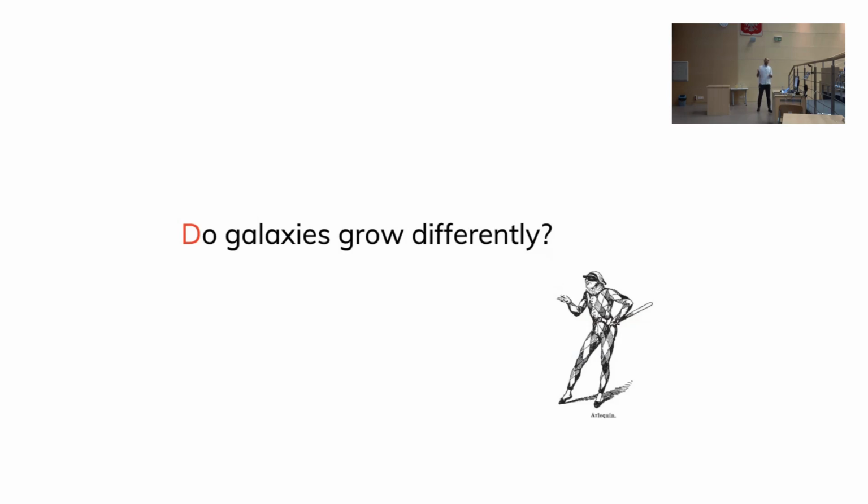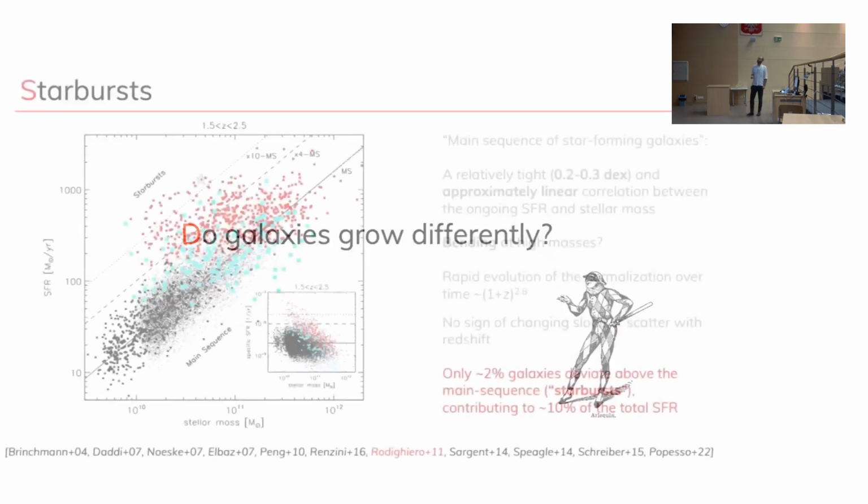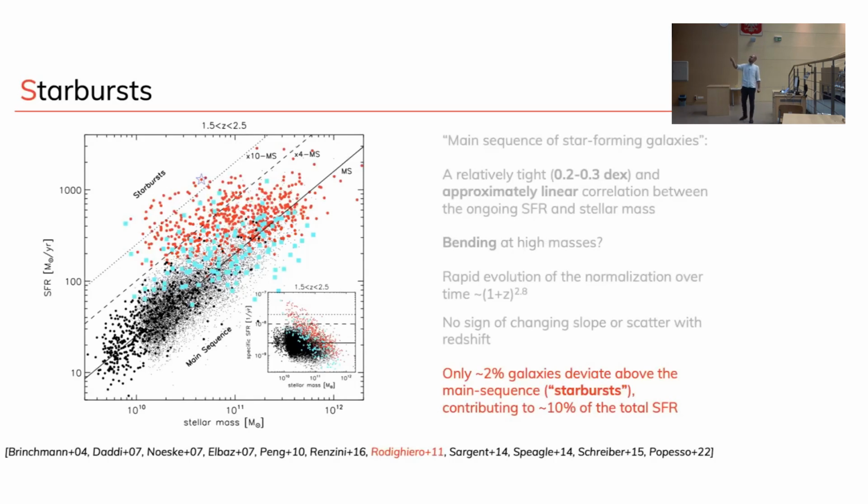This is about, instead, what happens outside the sequence. Do galaxies grow differently? That's because I said that so far, those nice analytical models, the semi-analytic models, simulations, they're able to consistently reproduce the main sequence and how galaxies grow there. But we do know that there are outliers. There are few, they contribute somewhat to the star formation rate density, but they're there, so we have to figure out what happens. And again, here we're focusing on starbursts. So those few percent of galaxies, as we showed this morning, a remarkably consistent few percent, contribute some percent of the total star formation.